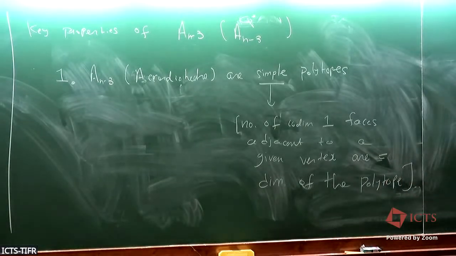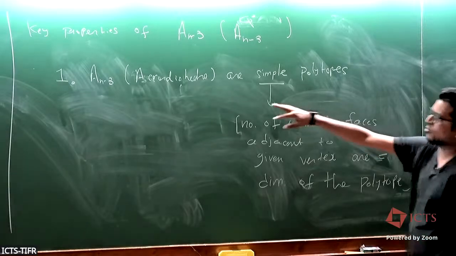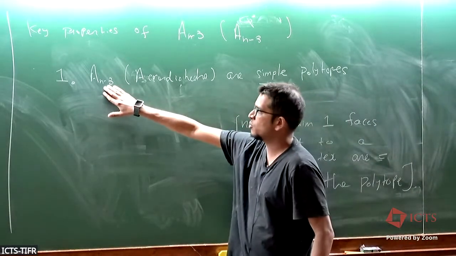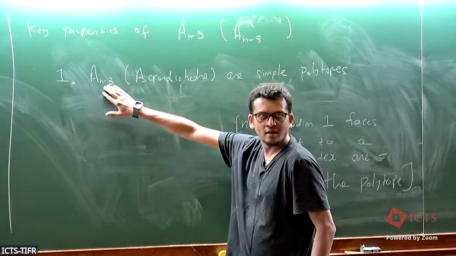So this is telling us that every vertex of an Associahedra is always adjacent to n minus 3 codimension 1